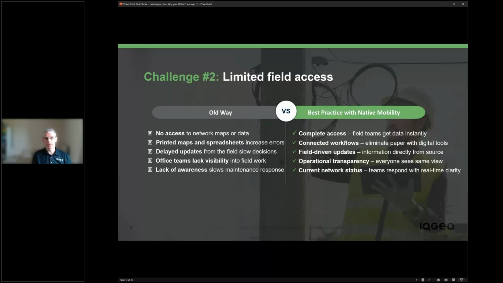And that translates to network status as well. You're able to understand a real-time view of where things are. You're not relying on updating information or working out what the current connectivity is at a splice because there's been some outage that was rectified a while ago, and now that connectivity has changed. Having that visibility and understanding is very important.